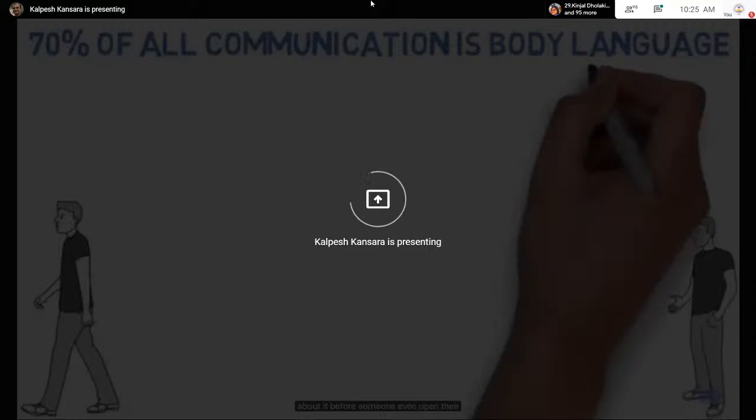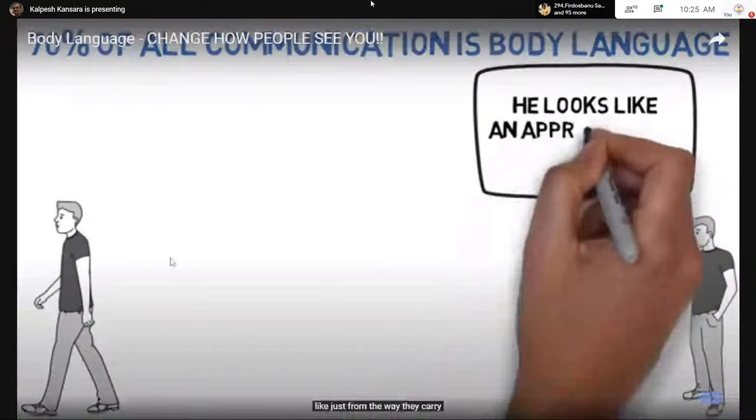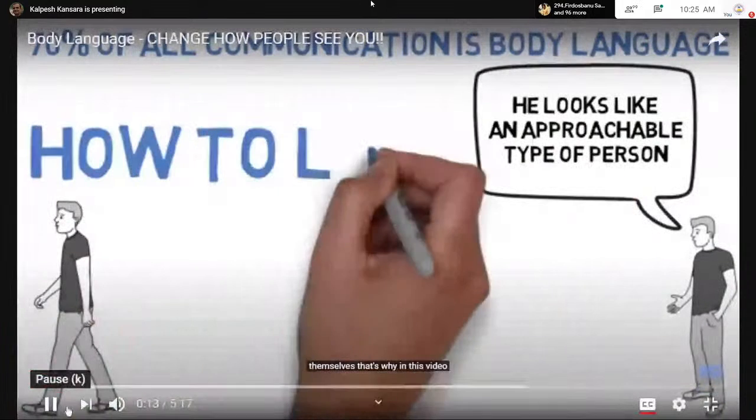About it. Before someone even opens their mouth, we already start assuming what they're like just from the way they carry themselves. That's why in this